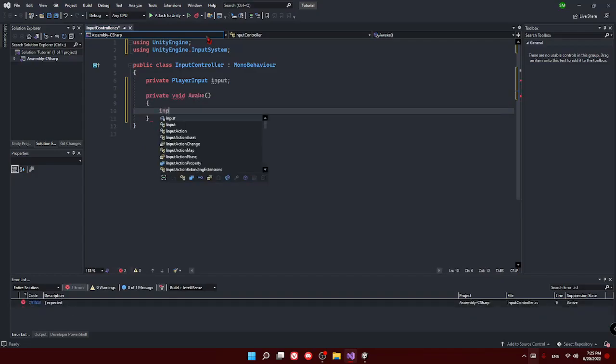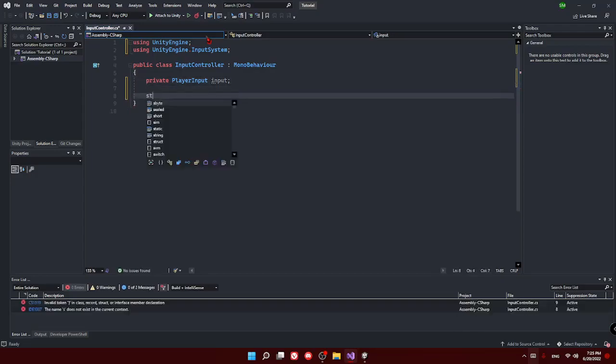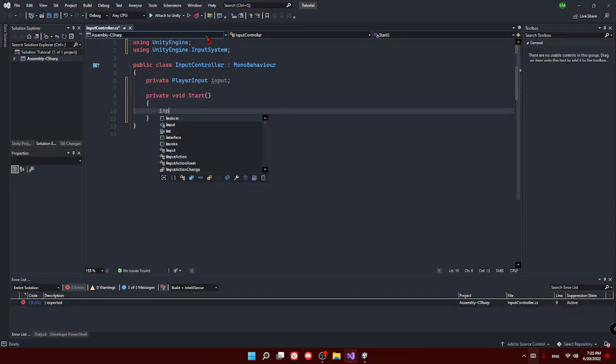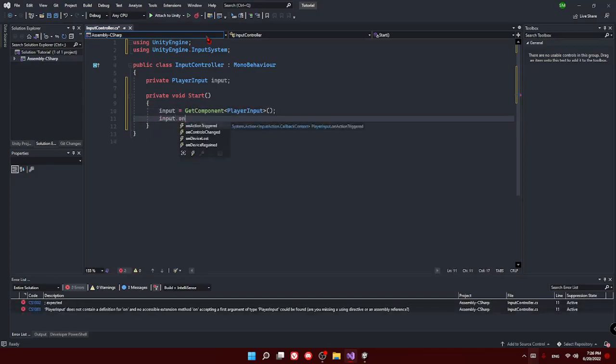Awake or start, it doesn't matter which one. Let's make it start. And then there's two ways to handle this: input dot onActionTriggered.